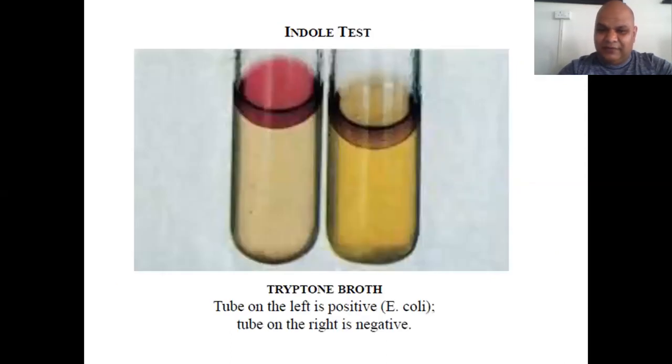You can see it from here. The coloration, red to violet color. Okay, this shows the presence of the bacteria in a particular medium. While in the other test tube, there isn't any change in the media, in the nutrient media. Okay, the presence is there, the absence is there. So this particular tube where the reddish coloration is there is positive for the microorganism, while the other test tube on the right doesn't have any specific microorganism.